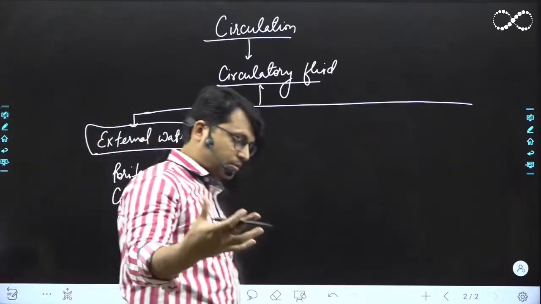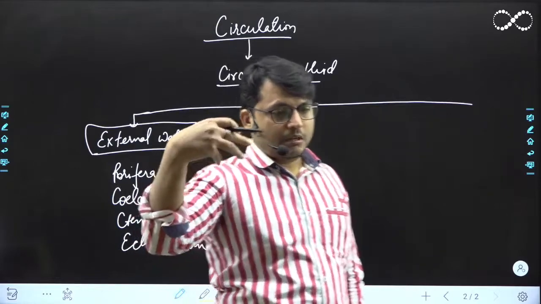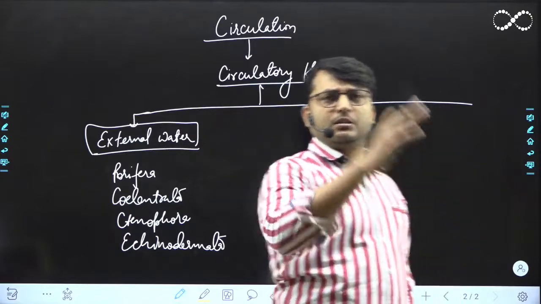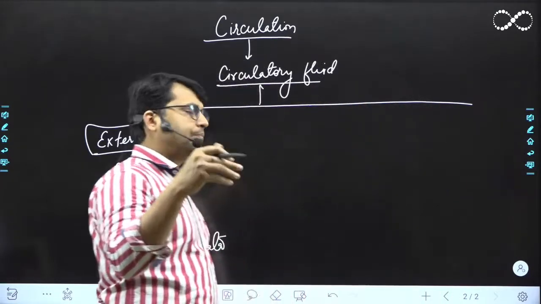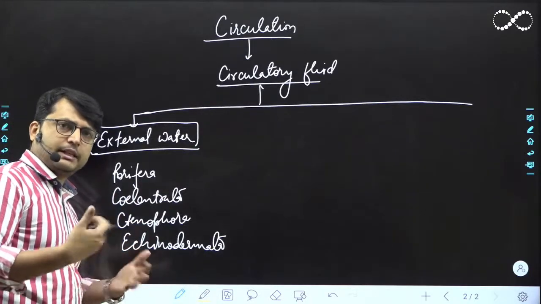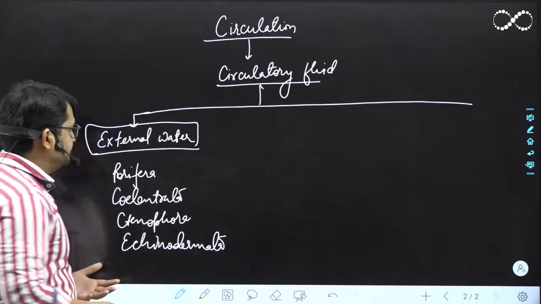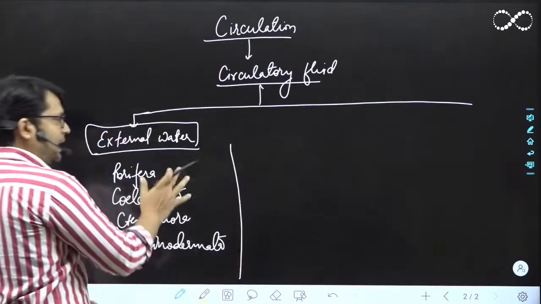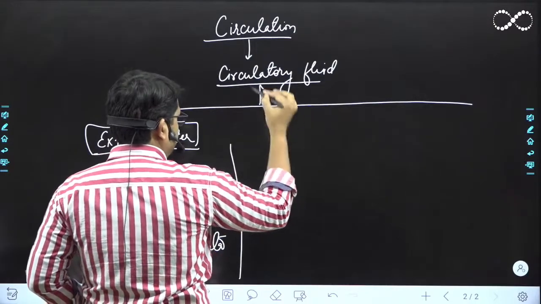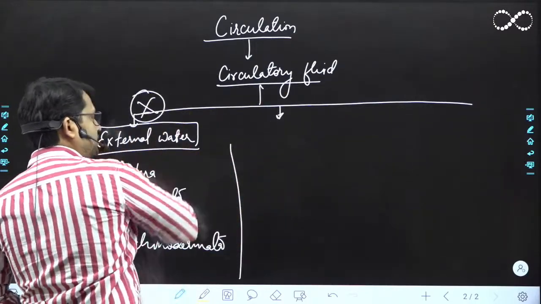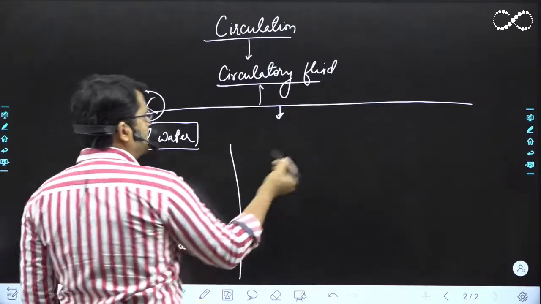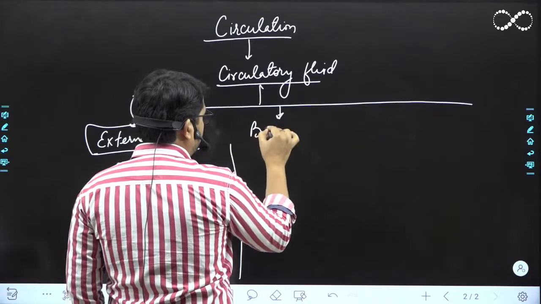So outside water, they are marine organisms. The sea water flows into their body. Okay, there is some system, there are some canals, and then they do the circulation in their body, and during that they transport the materials required. Great. ये आपको बहुत ज़्यादा जानना नहीं है, बस मैं एक ओवरव्यू दे रहा हूँ आप लोगों की अंडरस्टैंडिंग के लिए. बट KVPY में ऐसे क्वेश्चंस कभी नहीं पूछे जाएंगे, सो नीड नॉट टू बॉदर अबाउट देम. एक्सटर्नल वाटर के बाद क्या हो सकता है? There could be body fluids.